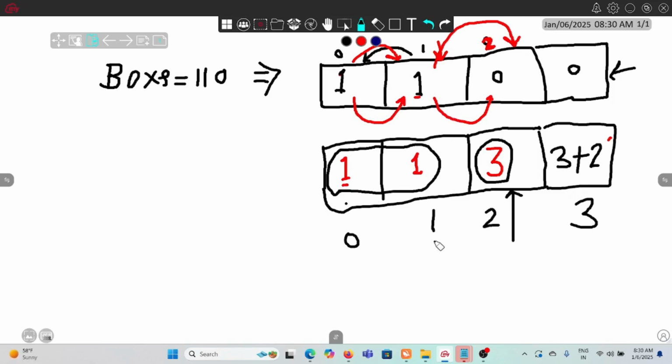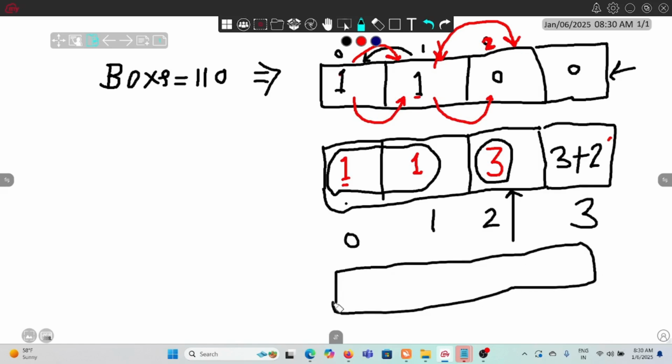Now guys, there could be both possibilities that ones might come from the left side as well as the right side, and we have to move all of them, because this is one of the simple examples. What if it is like this, that 1 and this is 0, then we have this, then we have this 1, then we have another one. Now see here, all these ones, when we come to this 0,